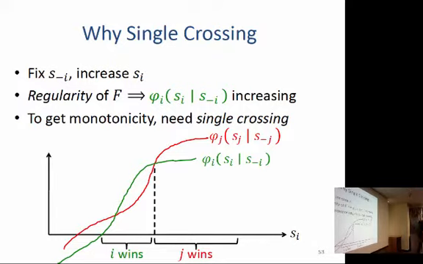I'm using single crossing just because that's the standard term in the literature. Yeah, it's also really ambiguous in the literature. You see people saying single crossing, but they mean totally different things, and that's why I wanted to take a step ahead and spell out what the conditions are on the distribution and values that give you single crossing.